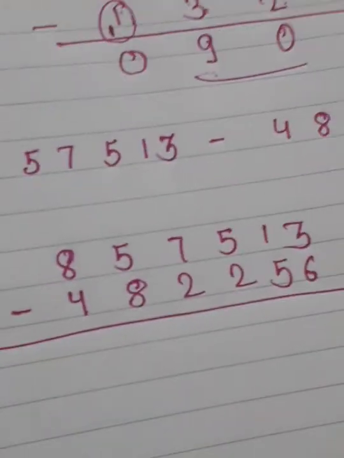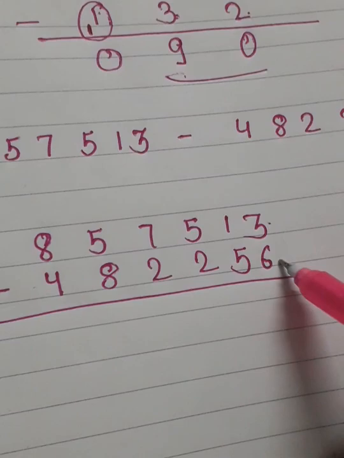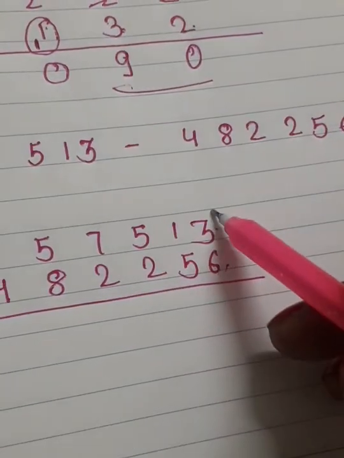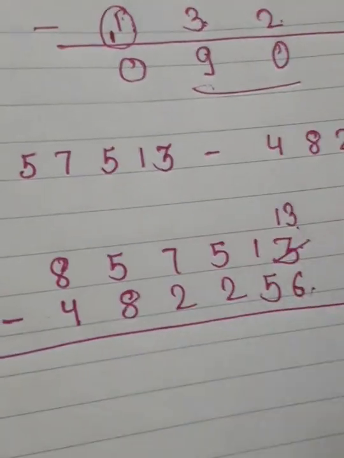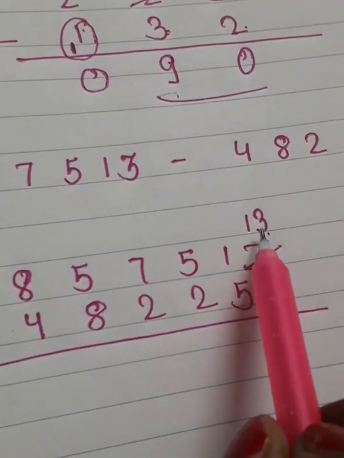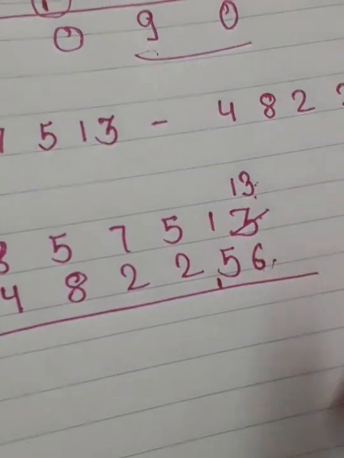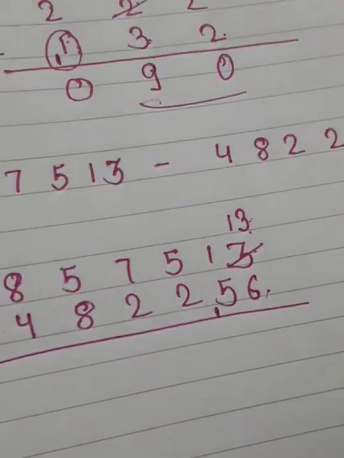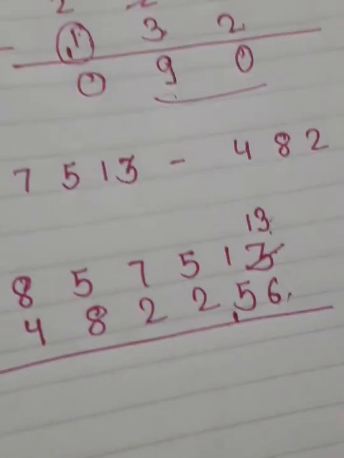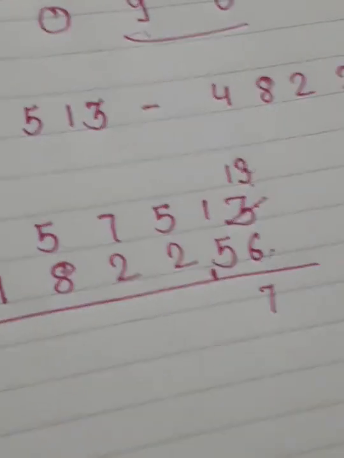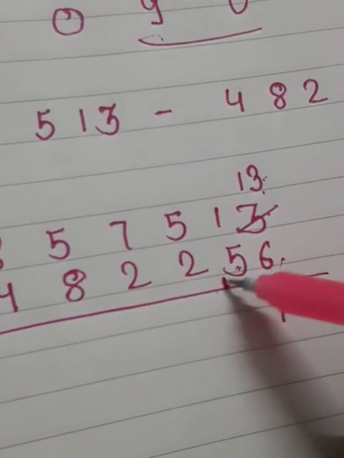Minus. So here first of all we will see the numbers. If you see, the upside is 3, the downside is 6, we can't subtract 6 from 3. So what will we do? We will assume 3 as 13. Clear? So here we have assumed, so what we have to do is add. Whenever you are assuming, add 1 to the downside of the next column. So 13 minus 6 you will get 7.